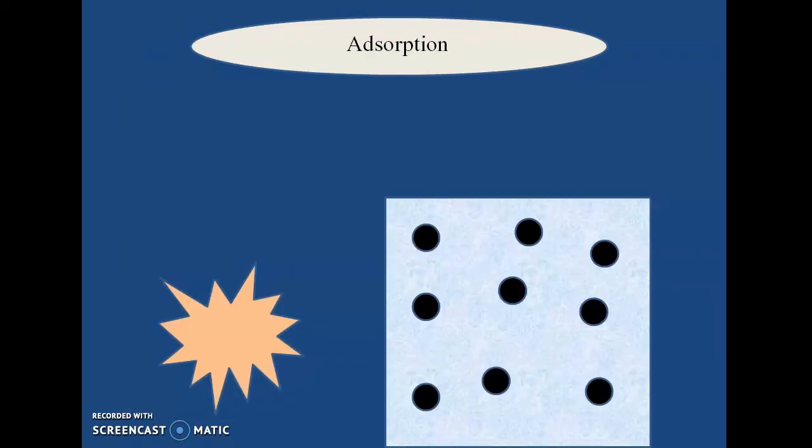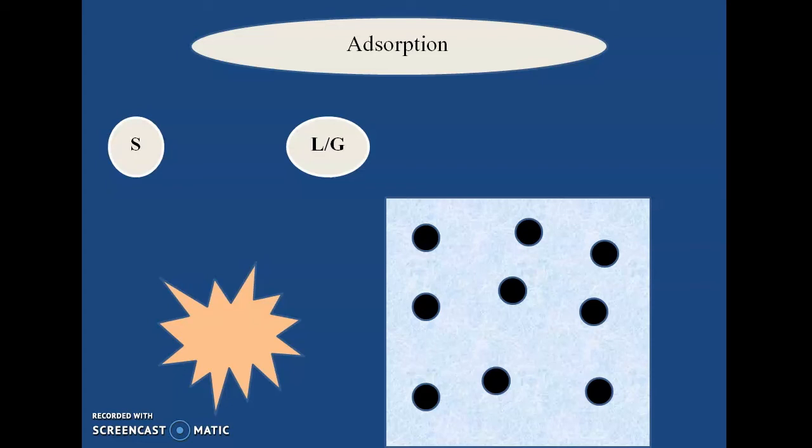Adsorption. Consider the principle of adsorption. Here, adsorption can take place between solid and liquid or solid and gas. So let's consider both. If you have a liquid or a gas containing some solute particles which need to be separated, that can be a pollutant or a valuable product. Suppose consider polluted water. You are interested in removing those pollutants.